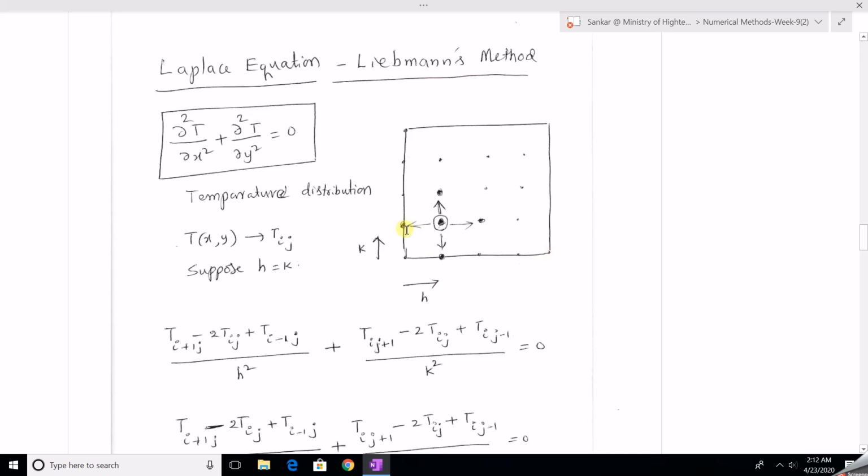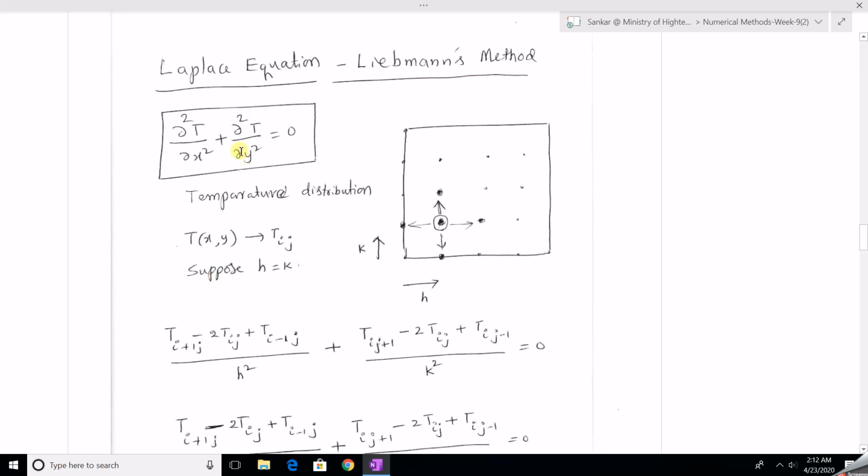Similarly, this point is 0 1. That means y is increasing and x remains 0. Therefore this point is 0 1, and this point is 1 1, because x is changed 1 unit and y is also changed 1 unit. So this point in the grid is 1 1, and this point, where x is 2 and y is 1, is 2 1. This point, where x is changed by 3 units and y by 1 unit, is 3 1. That's how we mark all these points within the grid and on the edges.